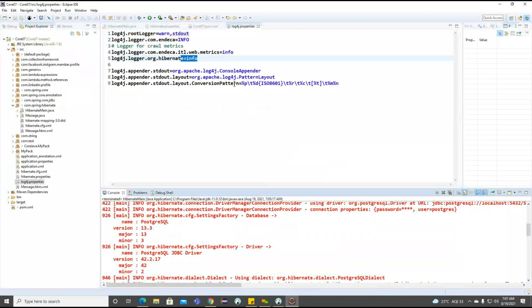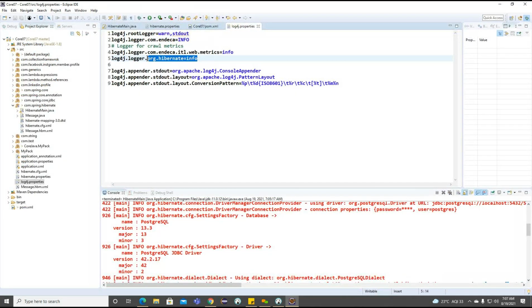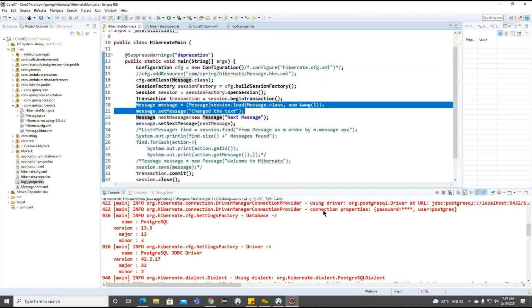So what we can do, we can go for this particular log4j properties based on this particular package name. So we can change whether you want to work on the information or warning level or any error level. So we can define the particular information here after the package we declare here. So this is all about the log4j properties here. Okay, so back to here.